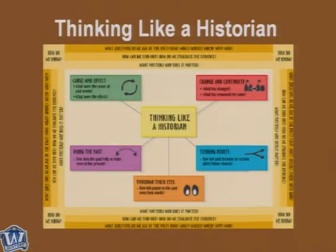When you're talking about immigration, what kinds of things people retained, or what kinds of traditions were adapted in the new country. And then you can see that going from upper right to lower left, using the past. How does the past help us make sense of the present? So how do we use that information in guiding decisions, or how do we use events where, especially politicians do this all the time, and people misuse the past,